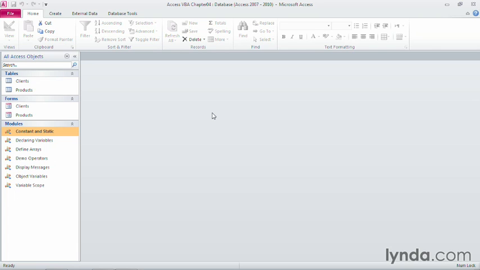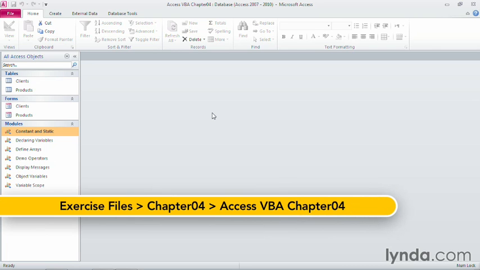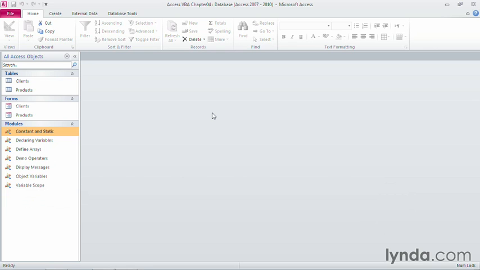When you analyze data in Access, you will often use mathematical operators to create the expressions you need. In this movie, I will describe the operators available to you and show you how to use them. For this movie, we will use the Demo Operators Code module, so I'll just go into the navigation pane and